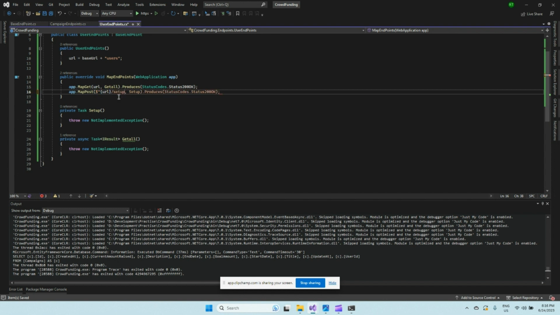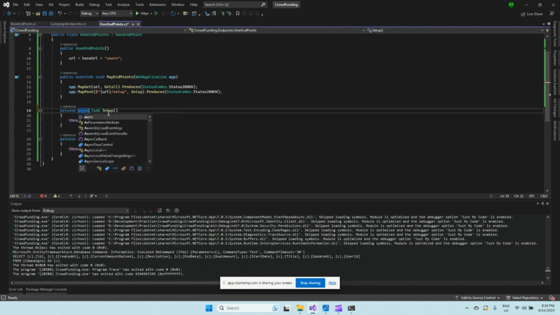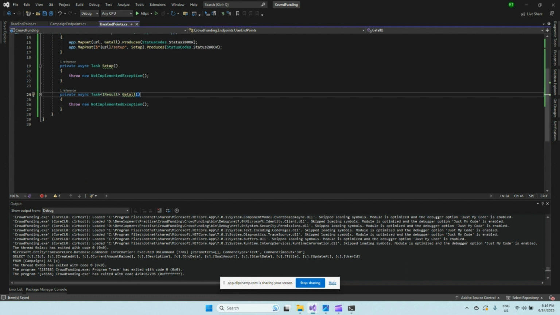Not in here, URL slash setup. So whenever a user posts to this endpoint, API slash v1 slash setup slash users slash setup, this method will be called, and let's make this async as well. So let's make get all first, and inside get all what we need is